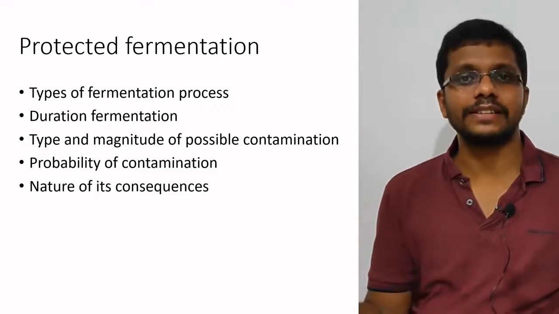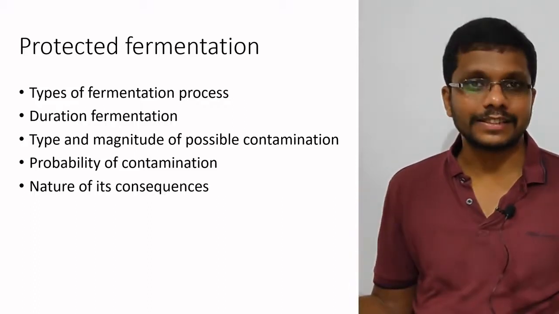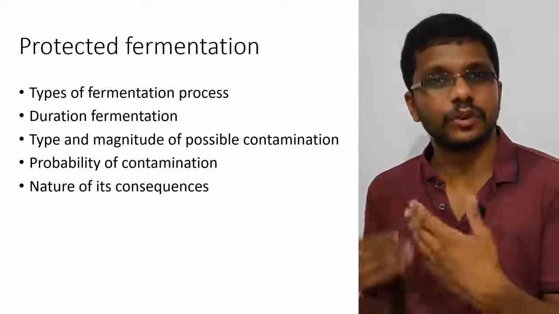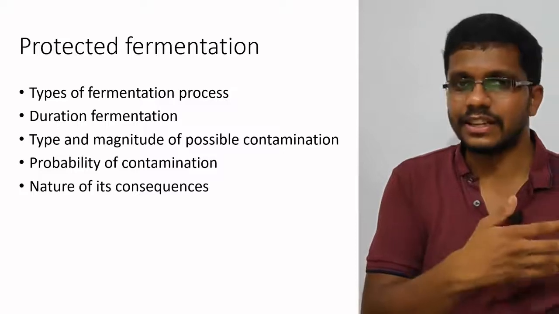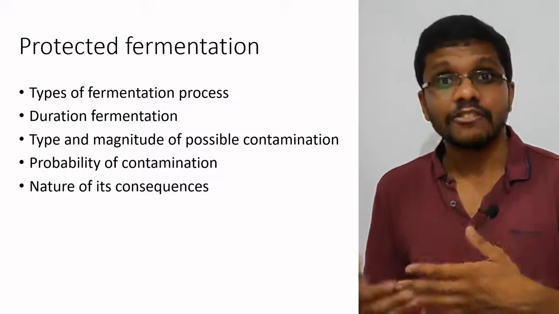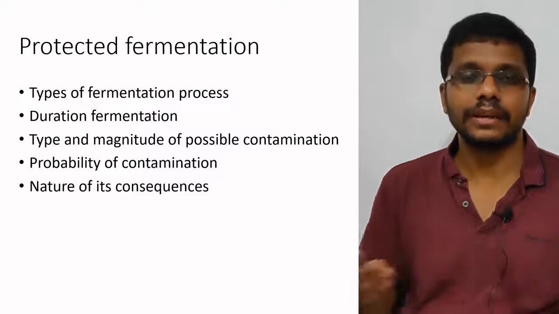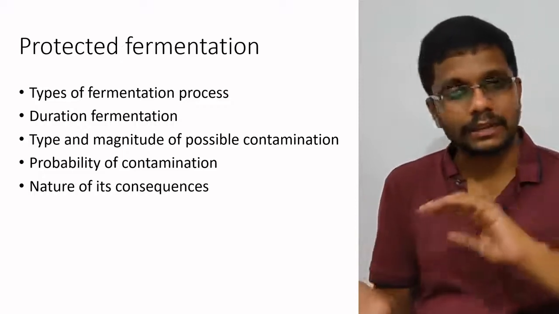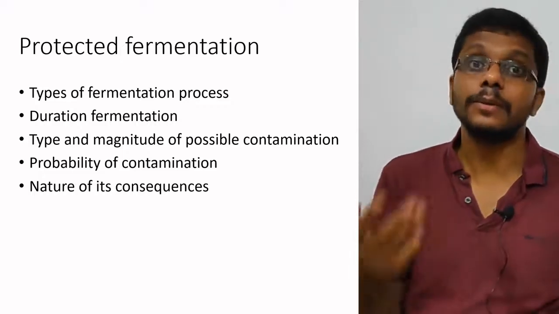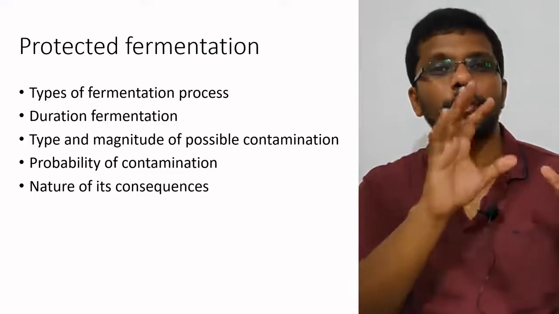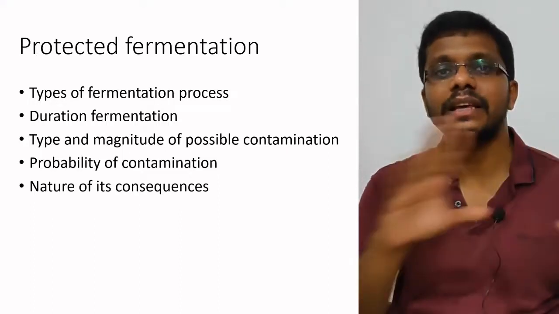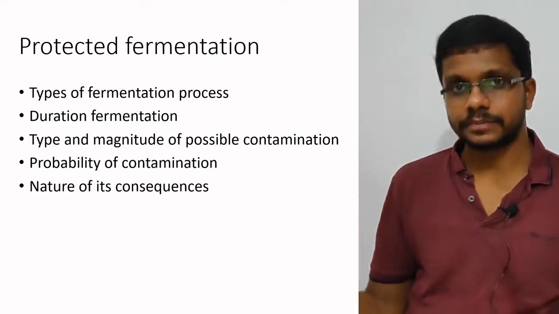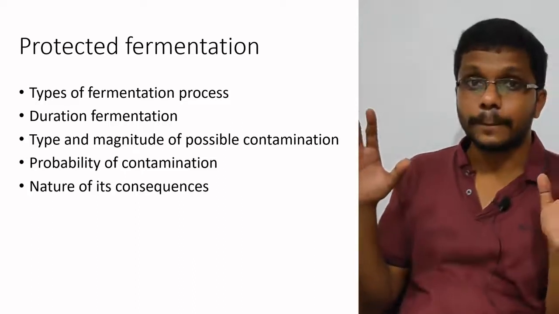Lactobacilli is the best organism which grows in milk. No organism usually seen in our environment can outgrow the lactobacilli. The rate of growth is so high, it can utilize lactose and all the milk components very efficiently. Further, it will lower the pH. Once the lactobacilli grow in milk, it will lower the pH because of the lactic acid, and it will coagulate milk proteins, and no other organism is able to outgrow the lactobacilli. That's a protected fermentation. Even if you are not keeping any stringent conditions for controlling the contamination, the fermentation will be totally fine. So those types of fermentation are called protected fermentation.